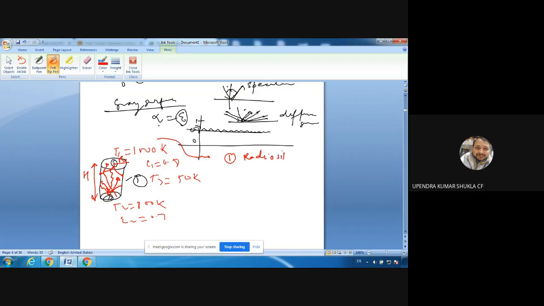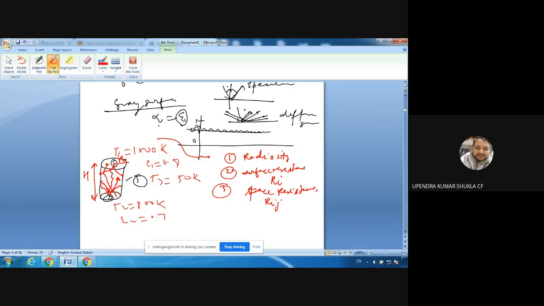Radiosity, I will explain it within a minute. And the second concept, that is surface resistance. Surface resistance of the surface i is Ri. Now, third concept, if you understand space resistance, then you will be able to understand everything. Space resistance means between two bodies, so Rij. That's why two subscripts.